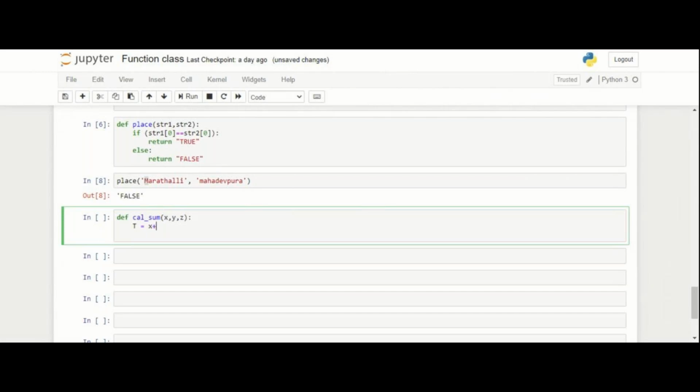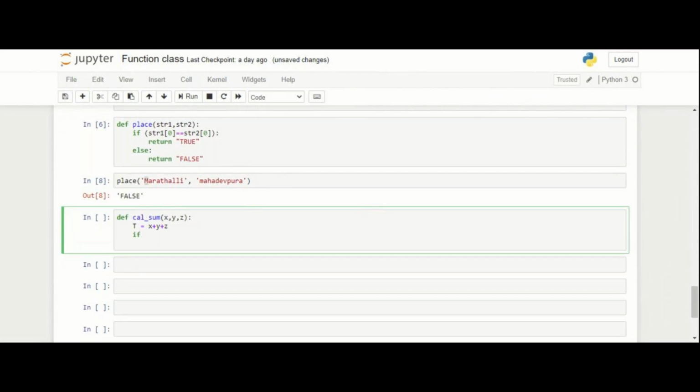In that I will do x plus y plus z. So this is my addition of 3 numbers, and now I will go inside and check if this t is equal to 20, then it should print me